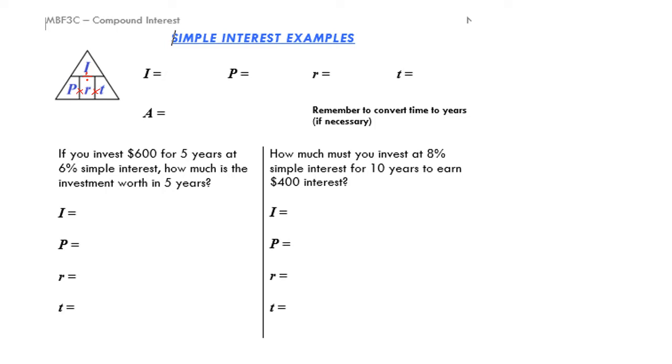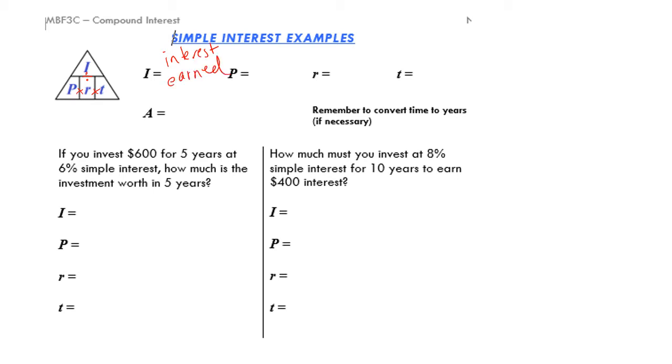So for example, if I want to figure out what P is, cover up P with your thumb or finger, what's left? I divided by R times T. Now I'm going to write what each one of these letters stands for as a reminder. So I, remember, stands for interest